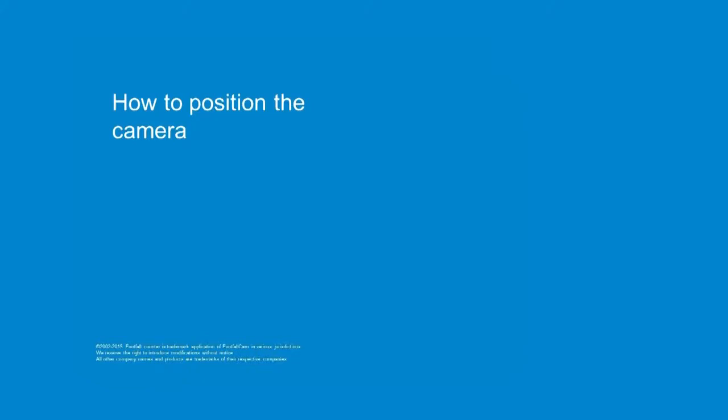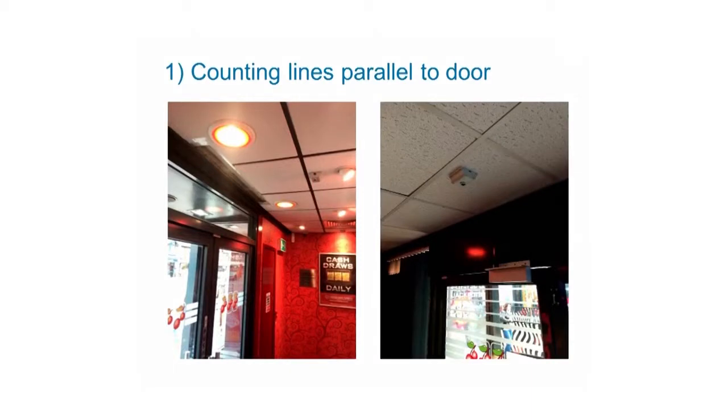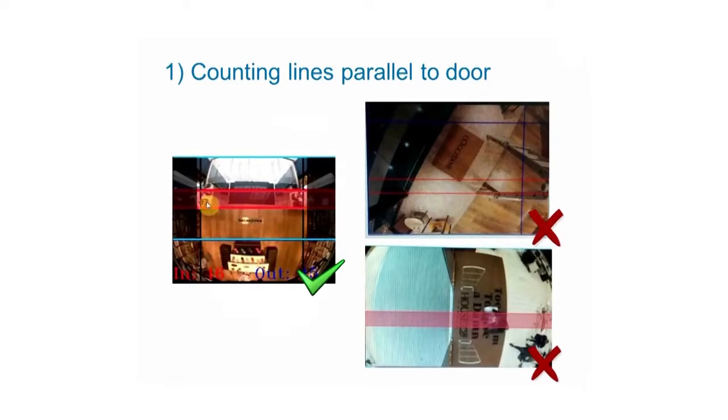So now we're going to talk about how to position the camera. There are 4 guidelines. One, the counting lines should be parallel to the door. So if you look at the camera, they should be parallel to the door. This is the door, this as well, the door here, it should be parallel because the counting line goes horizontally. This is the door as they come in, so that they break the lines